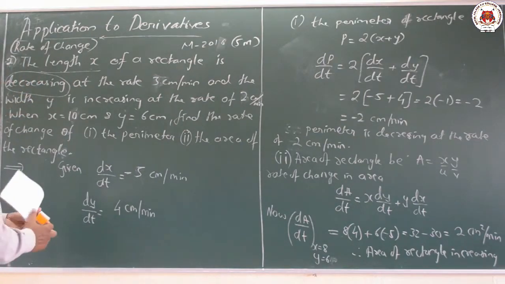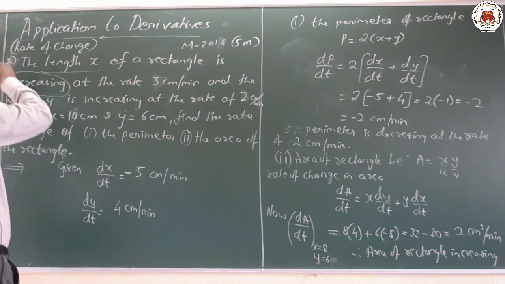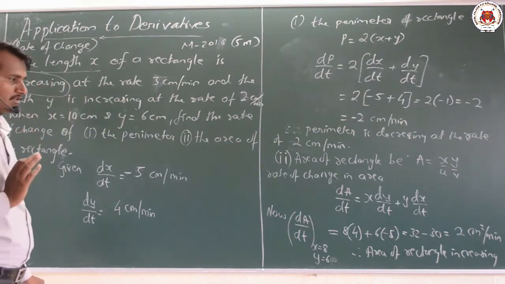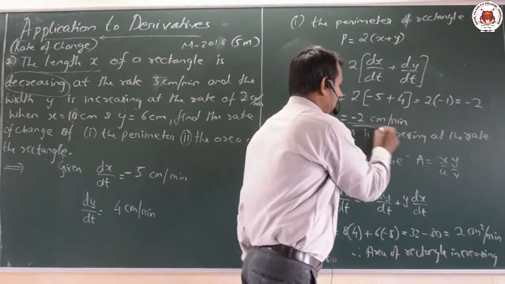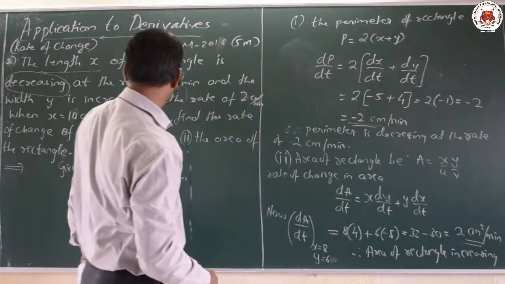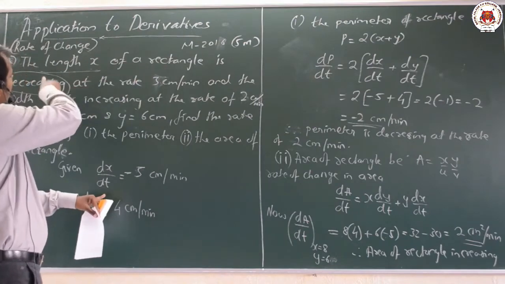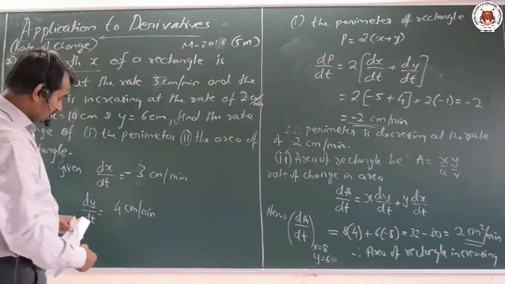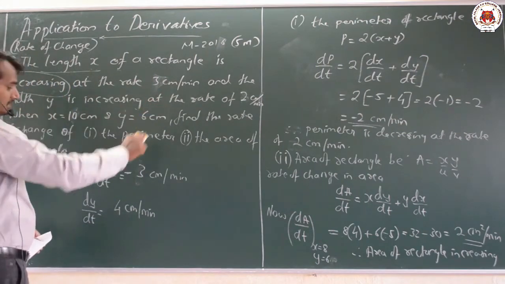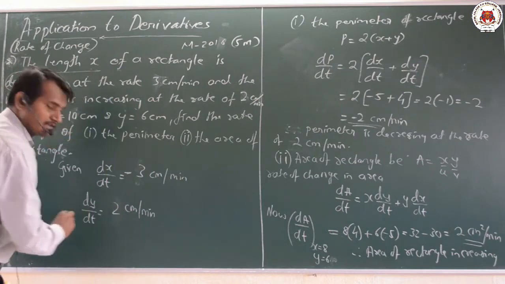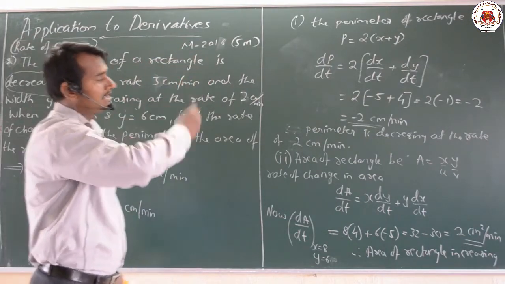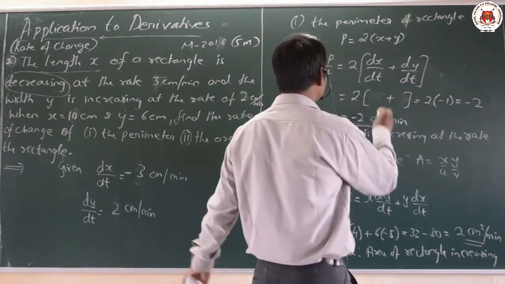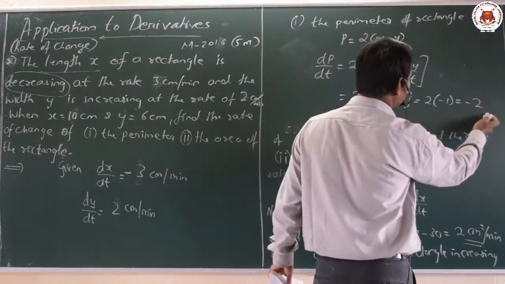This is the second question. Very simple kind of problem it is. Just a little bit of data has changed, that's all. Just we require to find out the answer here. Dear students, now same as before, the length of the rectangle is decreasing, that is minus 3, he has given. Then y is increasing at the rate of 2 centimeter, same as before. Everything will be the same, just we have to substitute the values here. Now what is the value here? That is minus 3 plus 2, that is nothing but minus 2, the required answer.